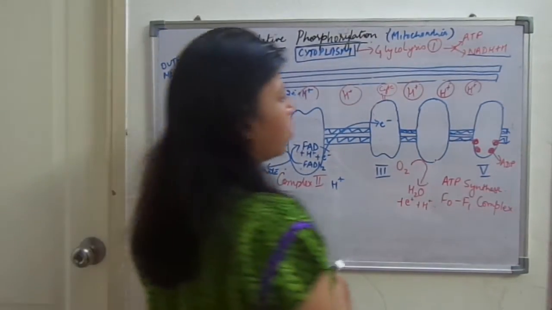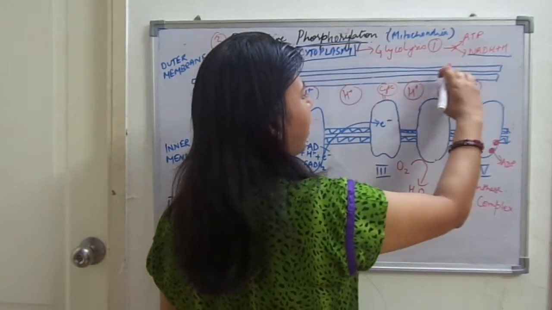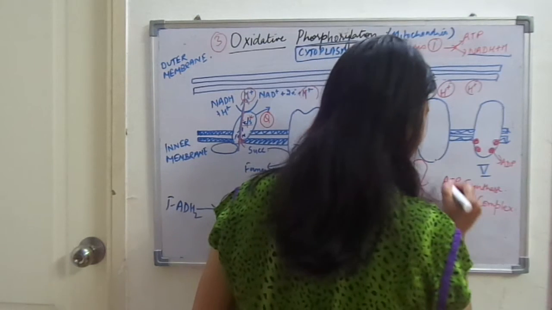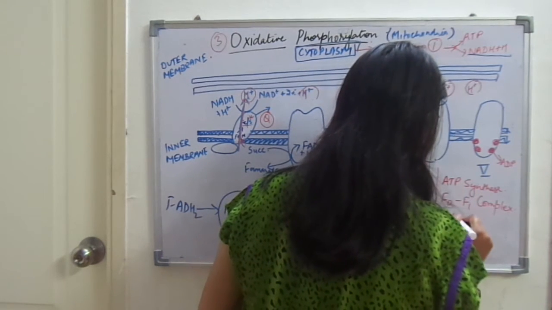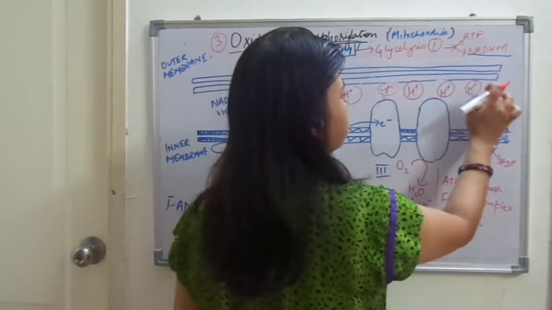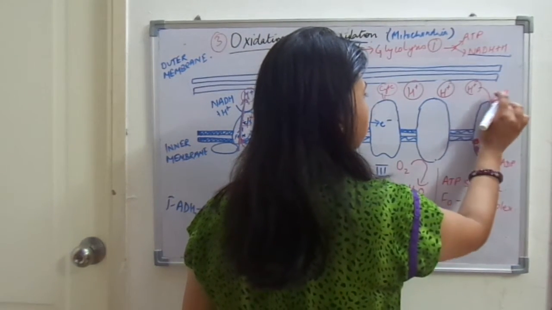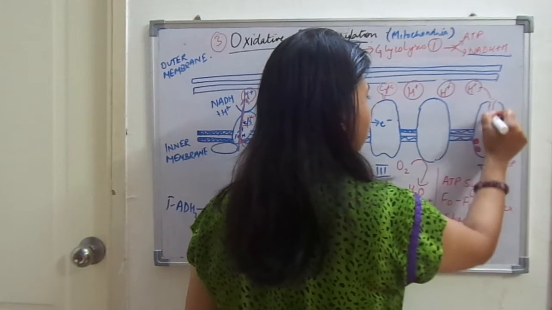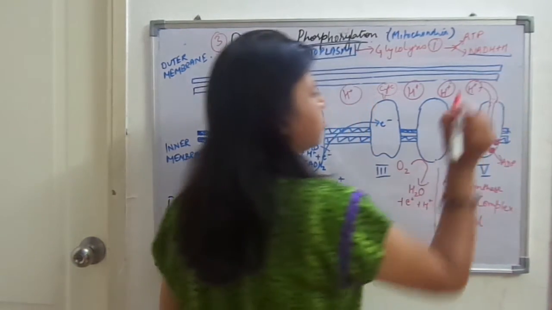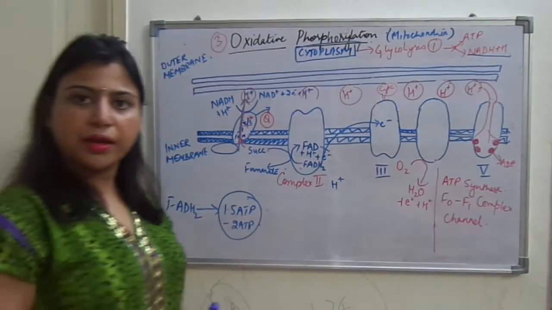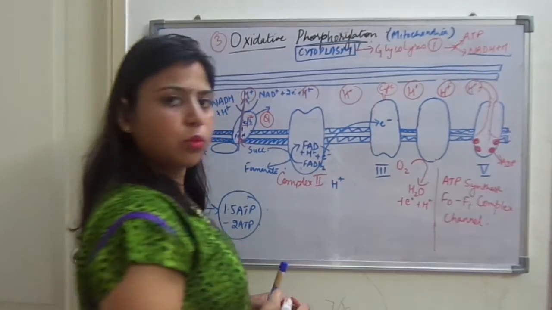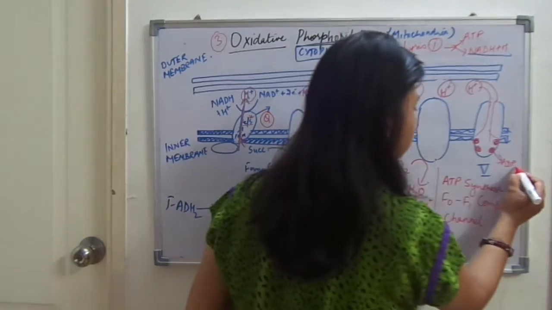These ADP, now what happens when a large flux of hydrogen collects over here? This is not a pump. This complex is actually a channel. Through the channel, these hydrogen molecules start coming inside. This is a channel actually. So through this channel, these hydrogens will start coming inside. Over here, these channels will come and bind to ADP molecule and convert this ADP